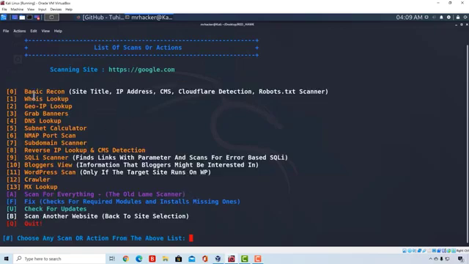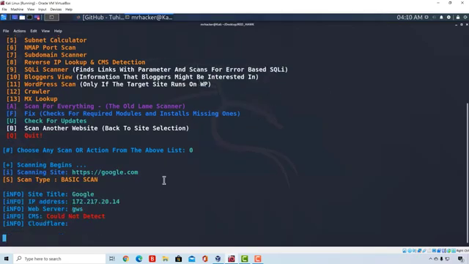And here are all of the available options that we can use with our Redhawk. Basic recon, site title, IP address, Cloudflare detection. So let's see just the basic recon of Google. If I type number 0, it should perform the basic recon. And here are some of the basic output for Google. So we got site title to be Google, IP address, web server, Cloudflare, and it seems to be stuck at